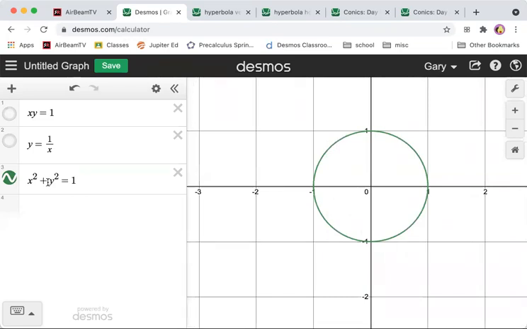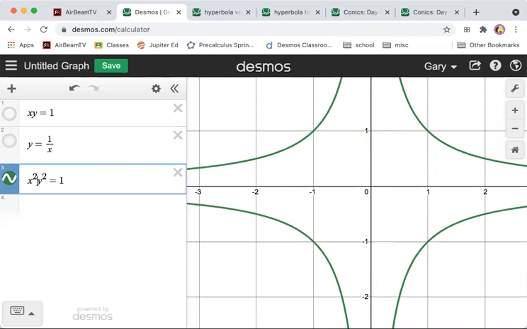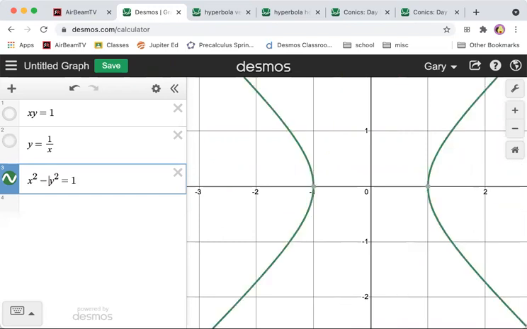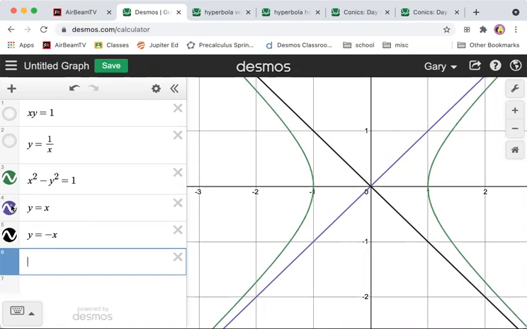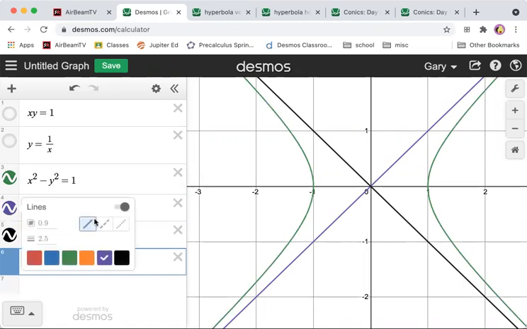See what happens. Take this plus key, delete it. Makes a weird thing for a second as it's x squared times y squared equals 1. But then I put in the minus sign and check it out. Just like this. And just to show you what this is a bit more, if I draw in the line y equals x and y equals negative x, and I make those into dotted lines,